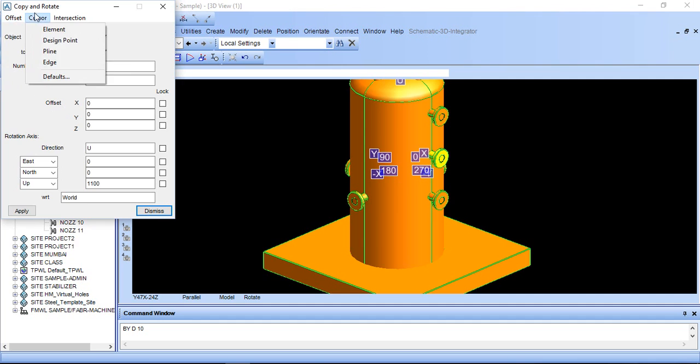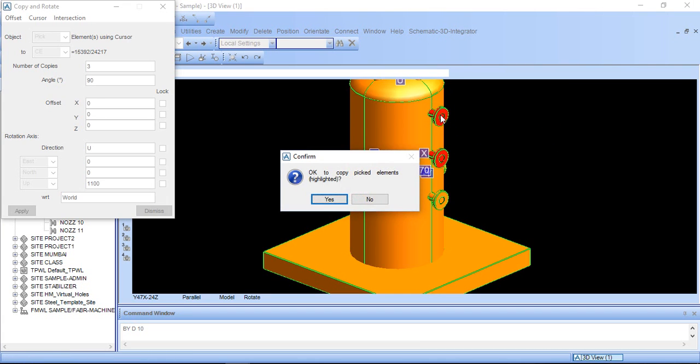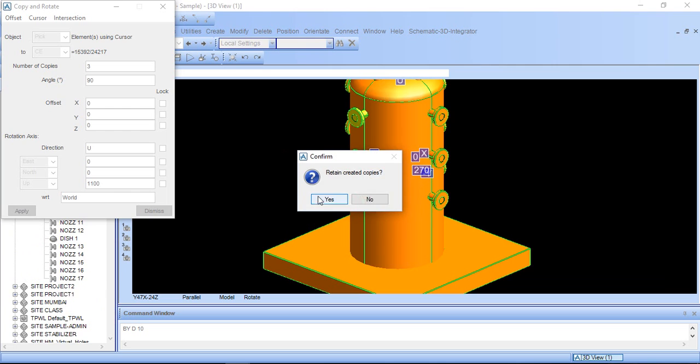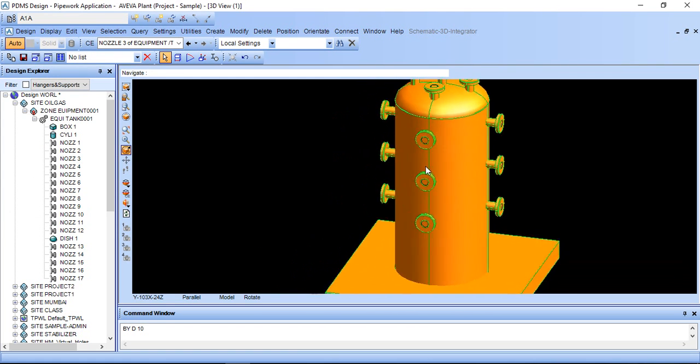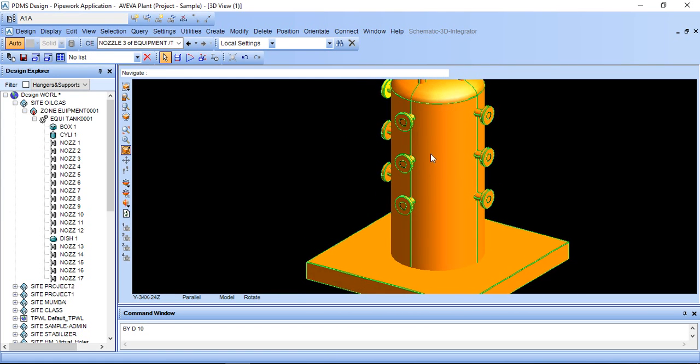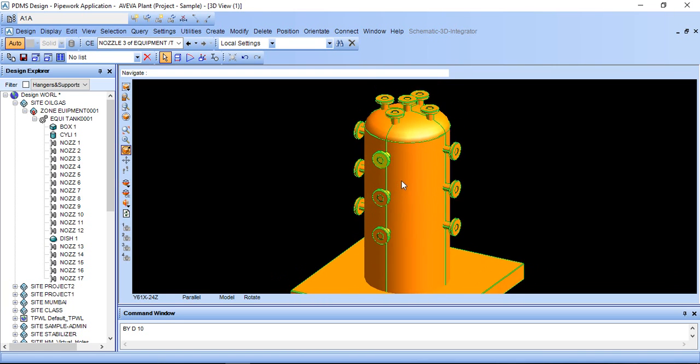So just go here, go object, pick, and just apply this and click this and click this and escape. Yes, dismiss. So it will be created like this. You can rotate more than one nozzle or anything.